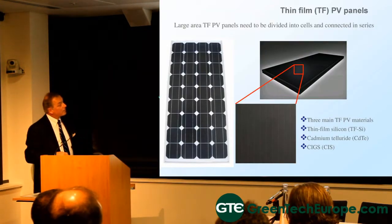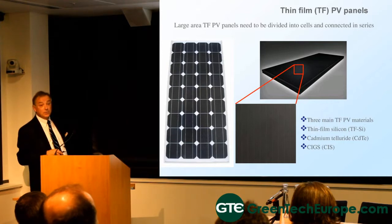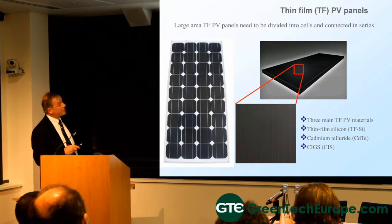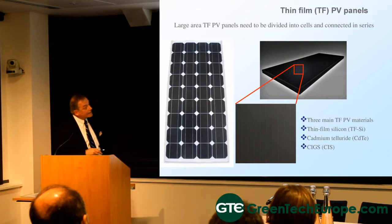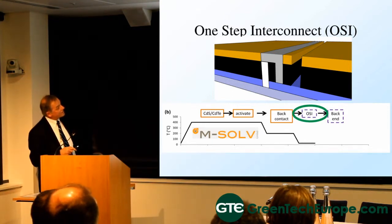Photovoltaics produce a lot of current but very little voltage. So as a result, individual cells are strapped together in series to reduce the current and increase the voltage. That's quite easy in a crystalline silicon device because you just strap the wafers together. In a thin film device, it's much more difficult because you are depositing, let's say, the cadmium telluride over the whole of the module. And conventionally, if we look at the device structure,